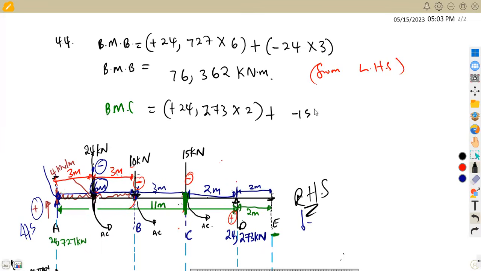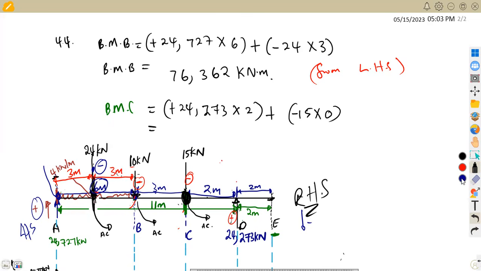It's a negative 15. But what is the distance between this and C? There is no distance between this point because it's at the point C. So this one is going to be times 0. So there's nothing there. So this is going to give us 48